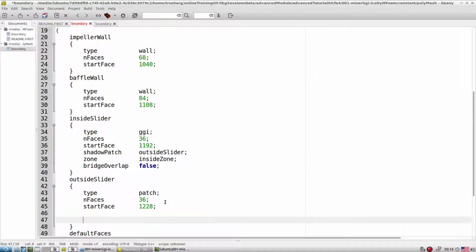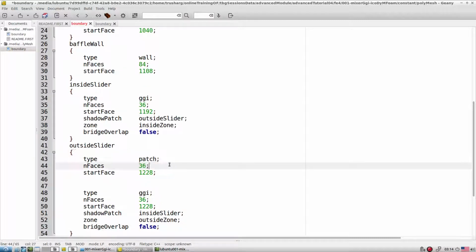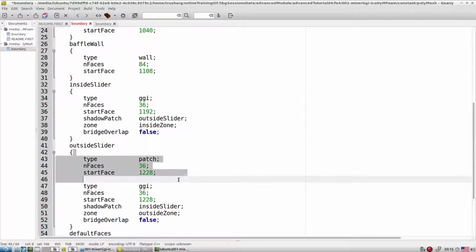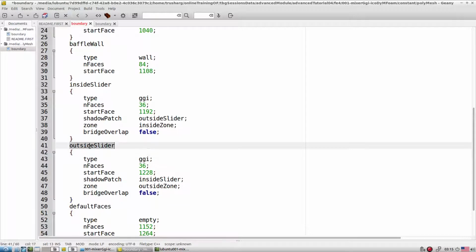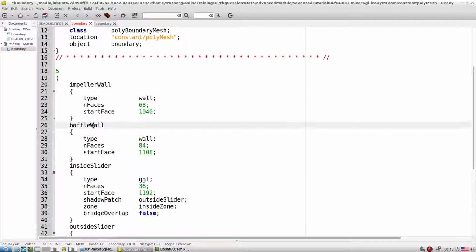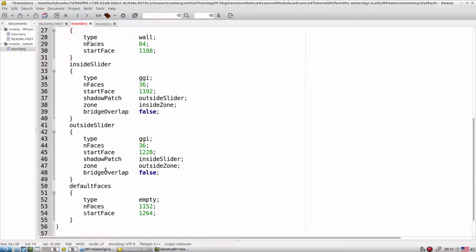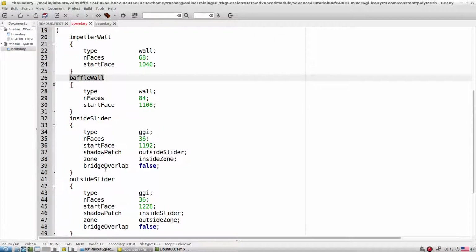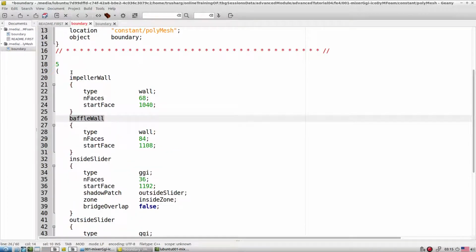When you change the mesh file, the number of nodes and everything, you have to modify this entry, so please make sure you change it appropriately. For the outside slider the shadow patch is the inside slider and the attached zone is the outside zone. We also have front and back empty, the impeller wall and the baffles wall. That is how one can set the boundary file.